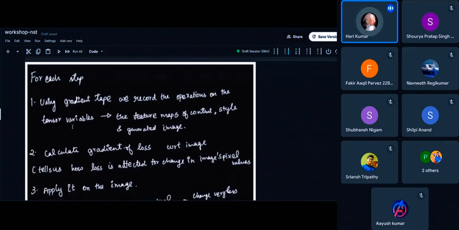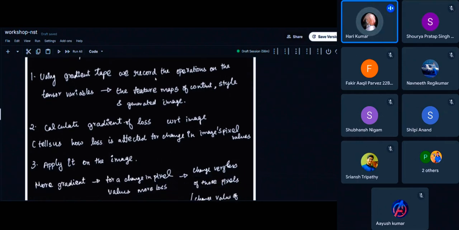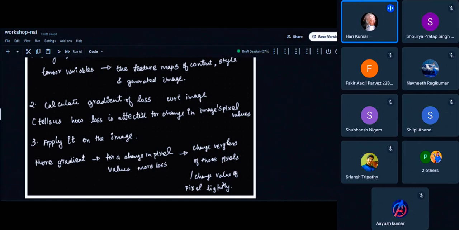And for each step in the training, we use gradient tape to record the operations. For each step, we check how the image is responding to a change in the pixel value and how the loss is being affected. So we calculate a gradient for it, and based on the gradient, we update the pixel values of the image. Each time to calculate the gradient, we would have to go backwards. So instead of that, we use the gradient tape function, which records the operations of the tensor variables defined inside the function. In this case, we would be defining the feature maps of the content and the style images. And then we calculate the gradient of